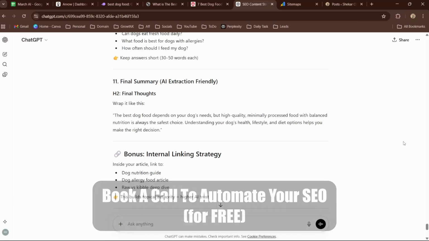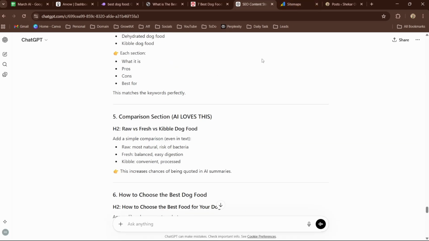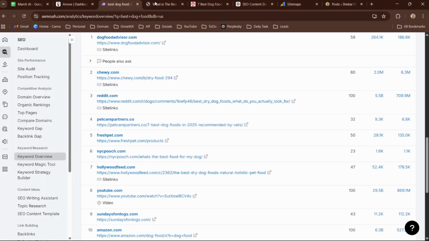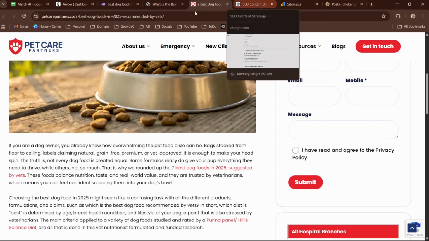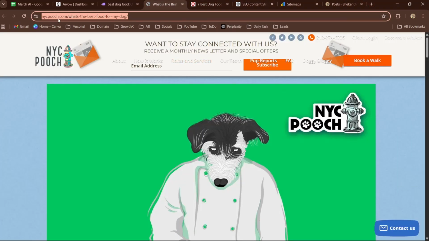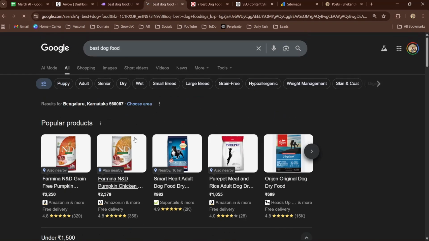Today I will share with you how to match your search intent for ranking in AI. Now, what I have done is I went to the keyword tool, or you can go into Google. So what you can do is let me search